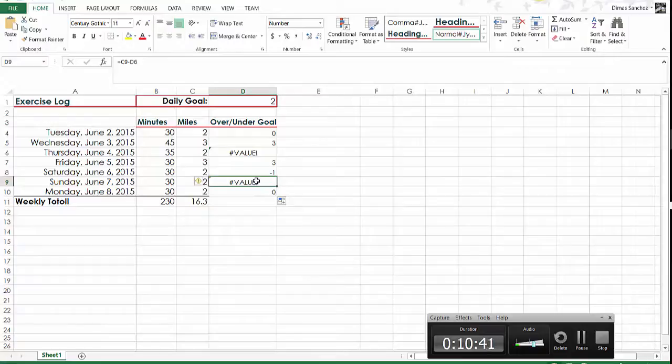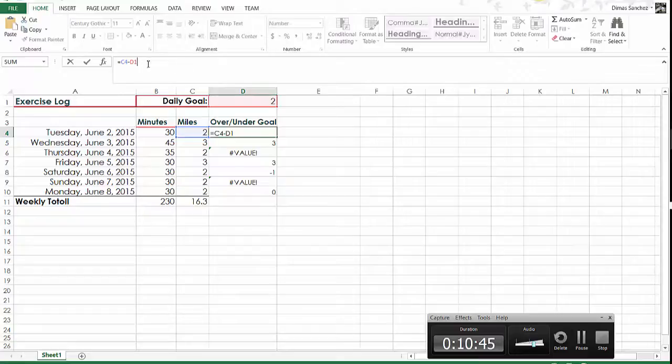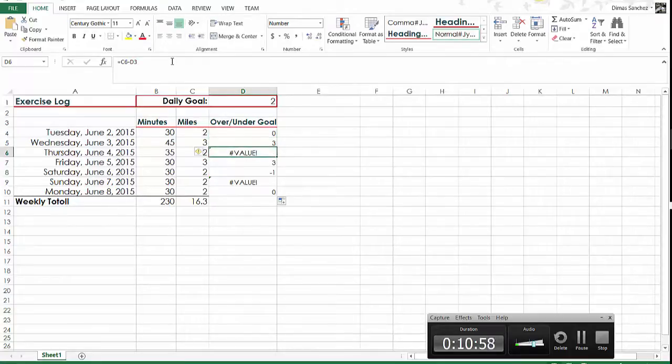The reason is because in this formula, D1 is a relative reference, which means when you copy the formula down, that reference goes down. Like for example here, instead of referring to D1, which is the correct one, it is making a reference to D3. So to leave it